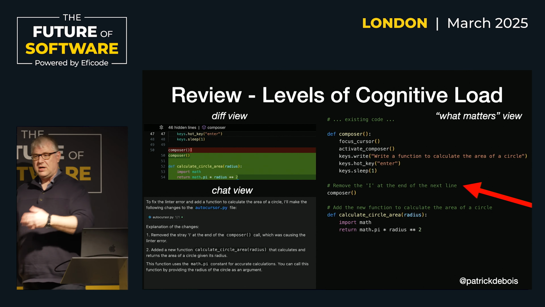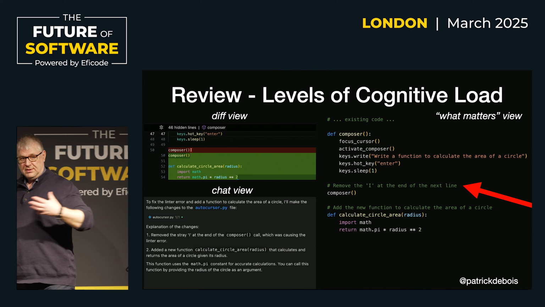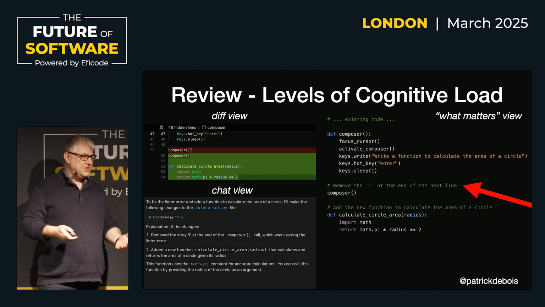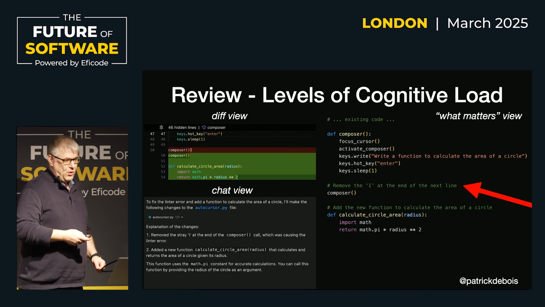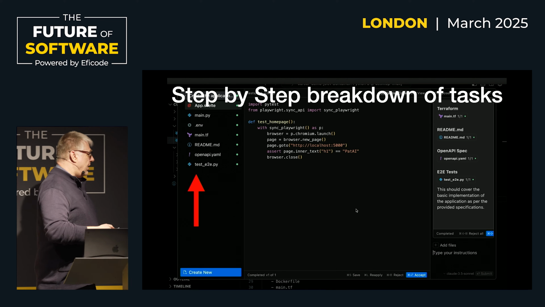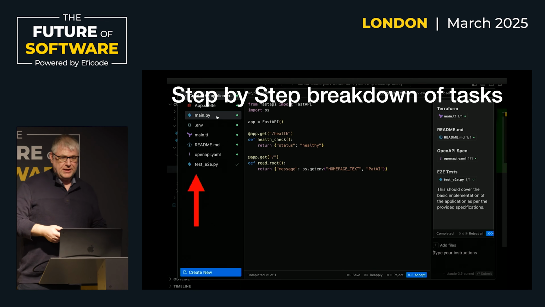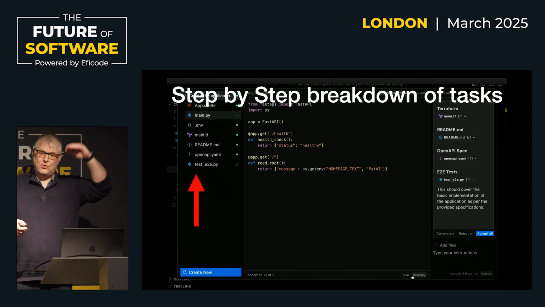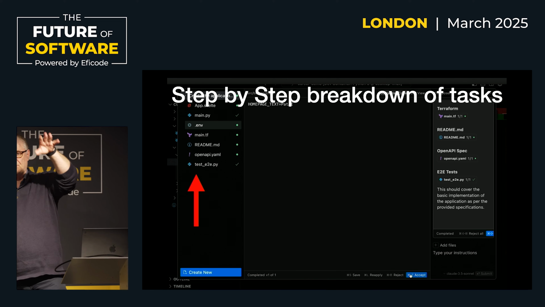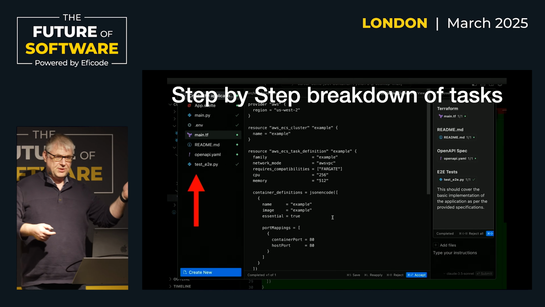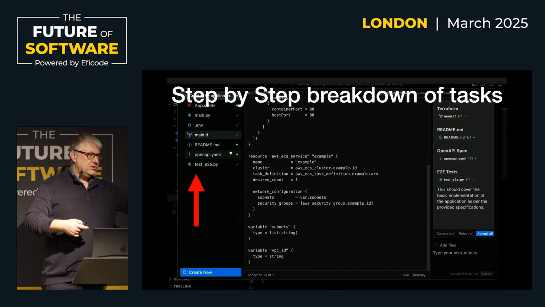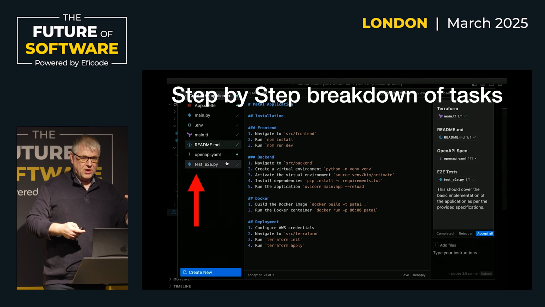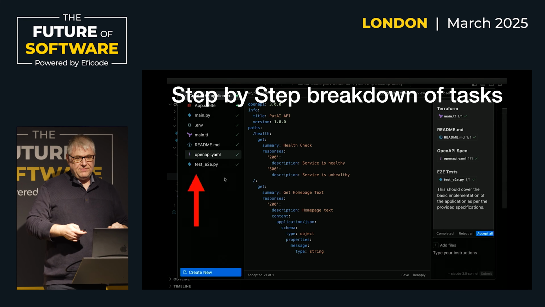It's just an example of tools maturing and looking for a way for us to deal with the problem of more code. Sometimes it's multiple files. I already mentioned this: they take us one step at a time and have us review the pieces. That's another way of reducing cognitive load, by breaking it down into smaller things that we have to review and give feedback on.